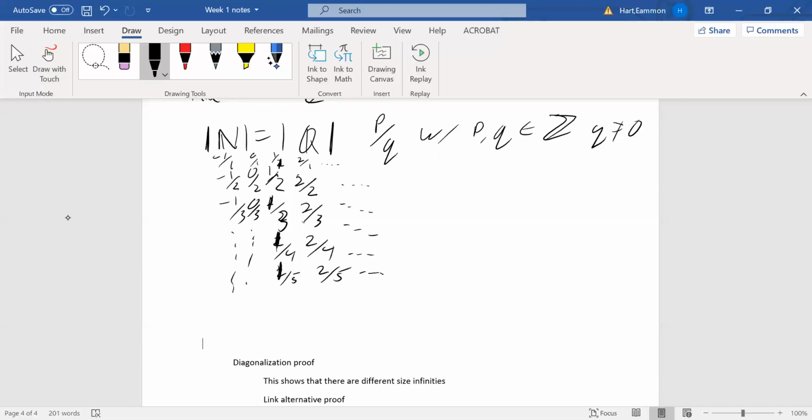And also, clearly the natural numbers are smaller than or equal to the rational numbers, because every single natural number is a rational number. 1 is a rational number. 2 is a rational number. 5 is a rational number, and so on. So if we can just show that there is a mapping from the natural numbers that covers all of these guys, that tells us that the natural numbers are greater than or equal to the rationals, even if it's not